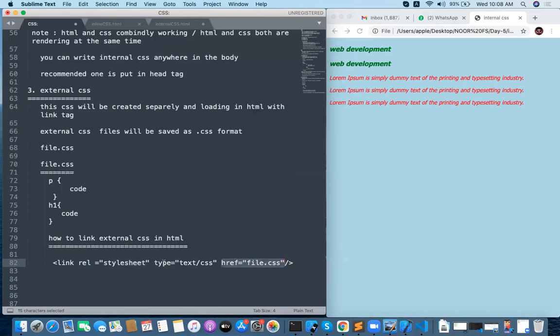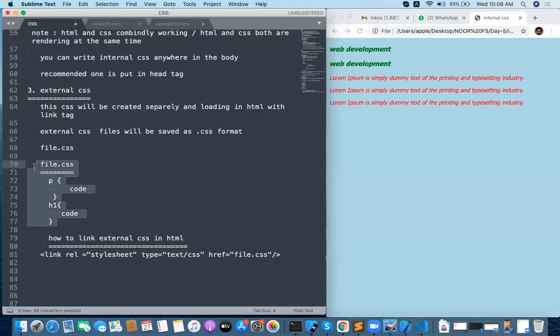Type text/css is automatically taken. This is the way of linking. Whenever you link like this, all the additional code we add in file.css will be applied to your HTML file.